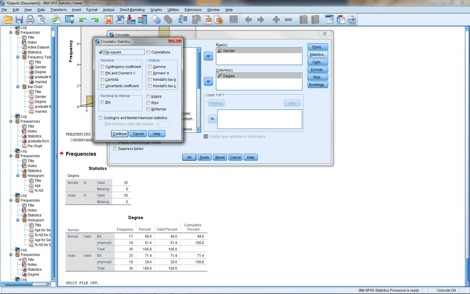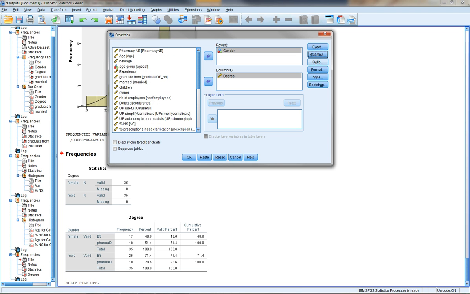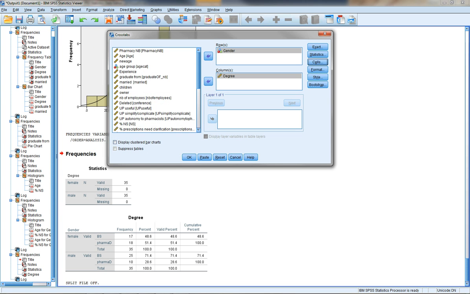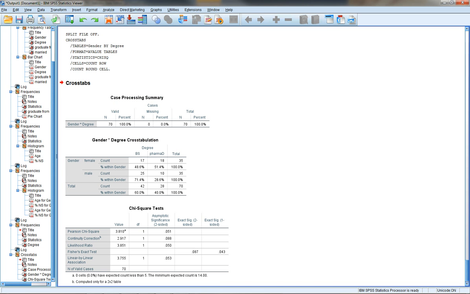So we're going to get a chi-square with a p-value. Click Continue. Click on cells, and here let's request the percentage for row. Okay, click Continue, and now you can click on OK. Alright, so here's the table we have produced using the crosstab. You can see it's a crosstab right there. We're producing this table, and this table has females and males in two rows, and BS degree and PharmD degree